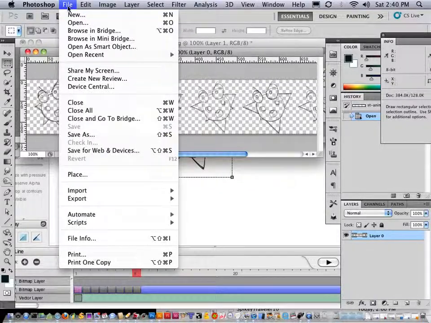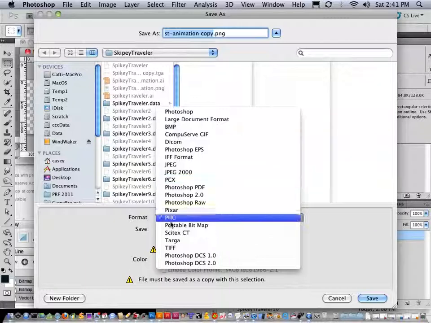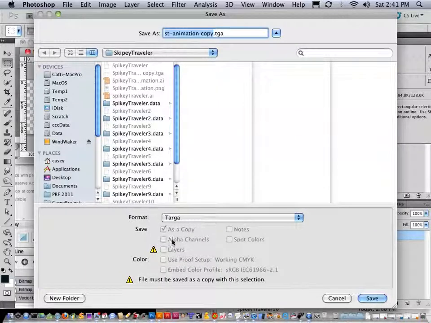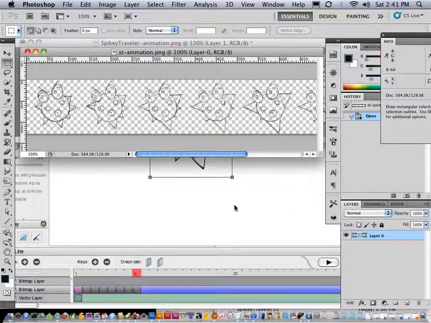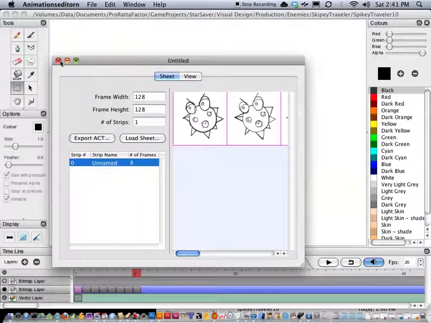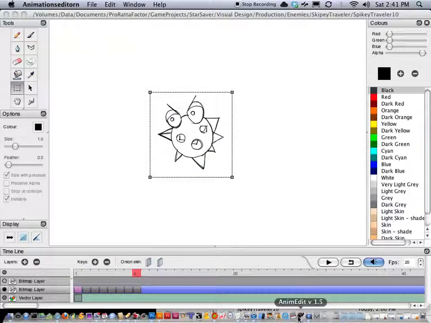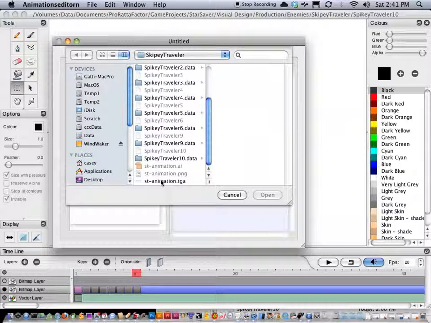What I need to do is save as, and I'm going to save this as a target file. You normally do not need to do this, just to recap. And I'm going to do that. Hit save. 32 bits, sure. And I have this tool called Animation Edit. And what this tool is going to allow me to do, actually, let me just close out it, reopen. It's going to allow me to load that target file,